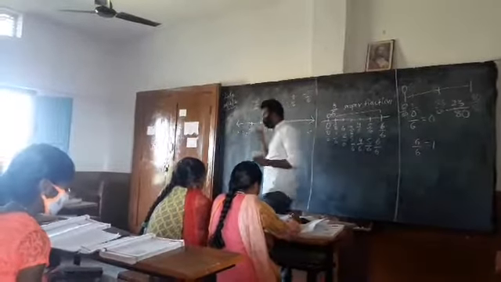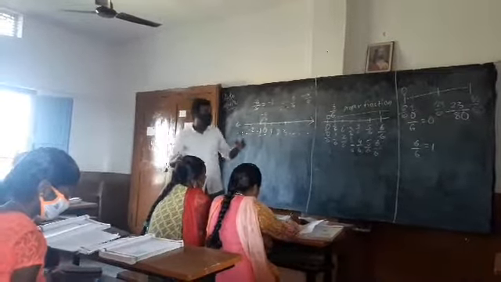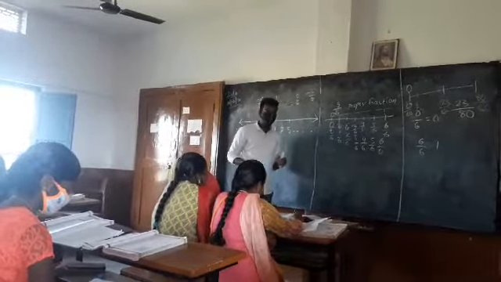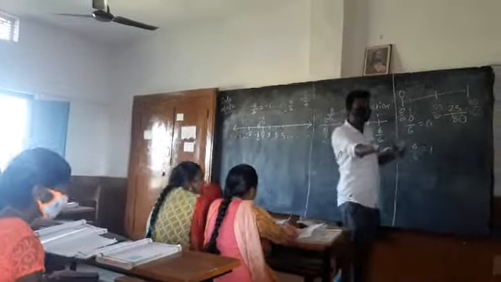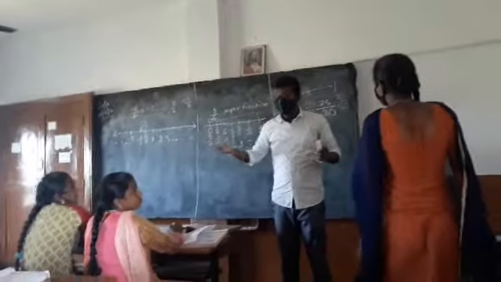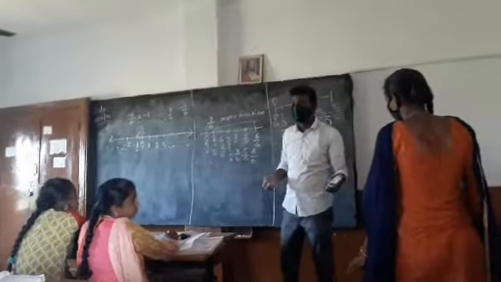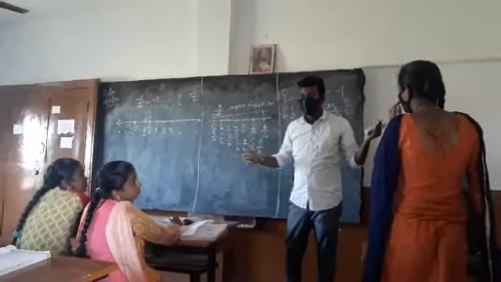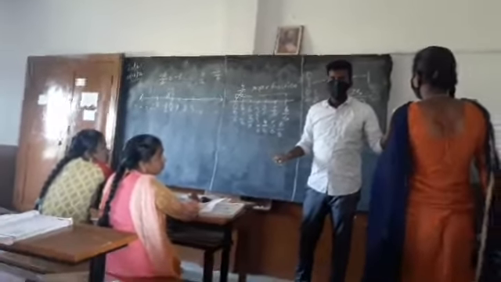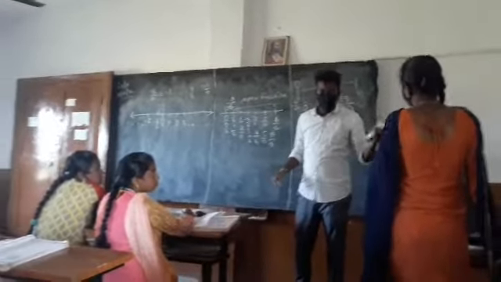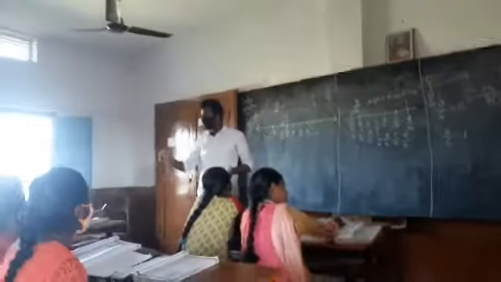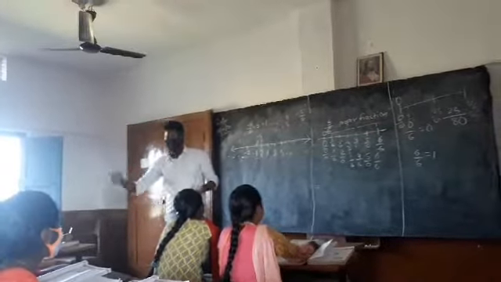We also discussed what a proper fraction looks like and what an improper fraction looks like. Can you give me an example of an improper fraction? Louder. 23 by 6. Very good. Yes, you are right. Sit down. There the numerator is 23, and 23 is bigger than 6. So the numerator is bigger than the denominator.